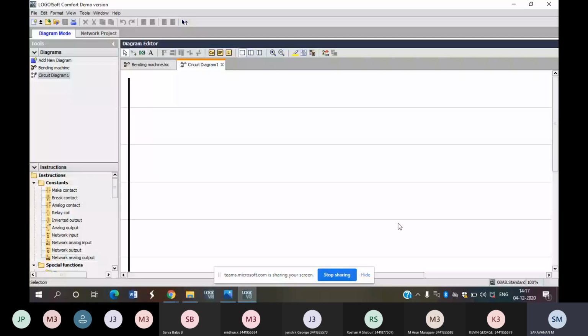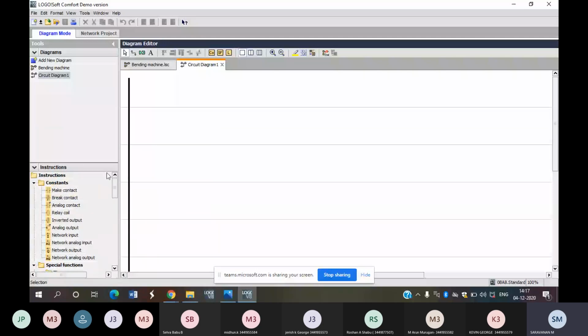So PLC is nothing but Programmable Logic Controller. Here we are going to use logical functions, right? Two vertical lines are available here, and a vertical line is available on this side also. That vertical line is called the power rail. Here we have the options. Before we start, I will explain how this is connected. You are going to take a contact from here to here.